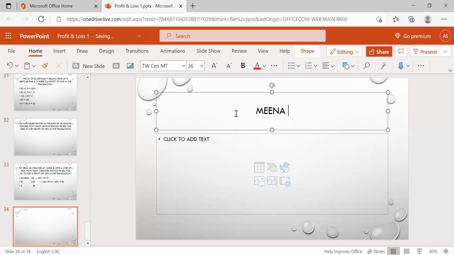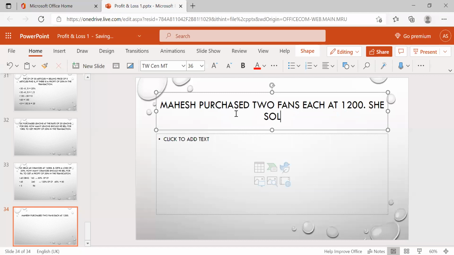Meena, Mahesh purchased 2 fans, each at 1200. She sold 1 fan at the loss of 5%